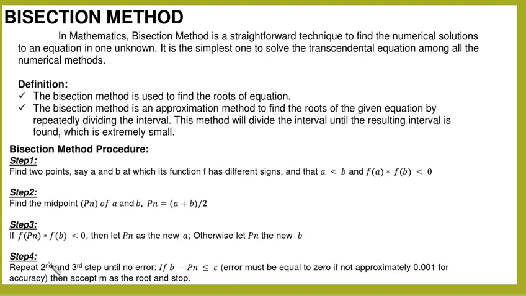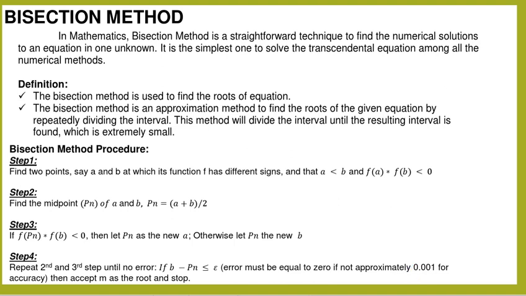And then yung step 4, so we just have to repeat yung second step natin, and then yung third step natin until no error. So, dapat until wala tayong error. So, iterative din siya. I-iterate natin siya hanggang wala siyang error. If b minus bn is less than error, so yung error natin must be equal to 0, if not approximately 0.001 for accuracy. So, para accurate talaga, your error must be approximately equal to 0. Then, accept m as the root and stop. Doon lang kayo mag-stop and yung root natin, yun na yung value. Okay? Yung root na natin is yung Pn natin. Tsaka lang tayo mag-stop pag yung error natin is 0, if not approximately